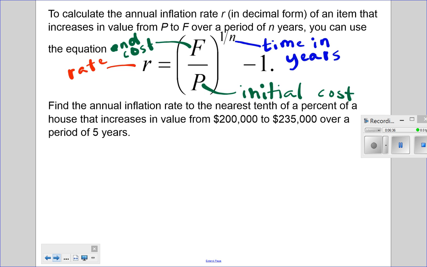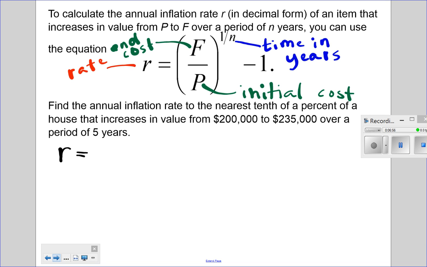All right. So I think we're ready to do this. We need to find the annual inflation rate to the nearest tenth of a percent. Okay, so we're finding R. We're writing down our final formula here. R equals